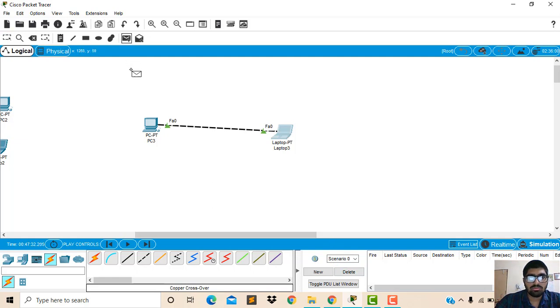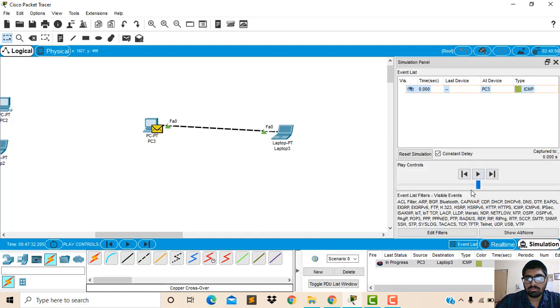You have to send the packet from the source to the destination. Now here it is in progress. Now we will check whether the packet is being received by the end devices or not.